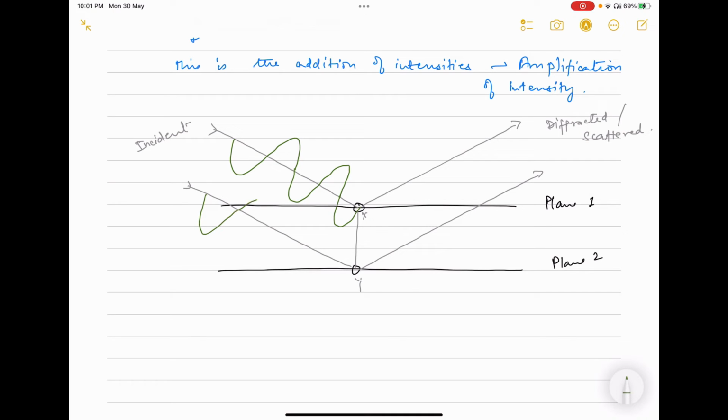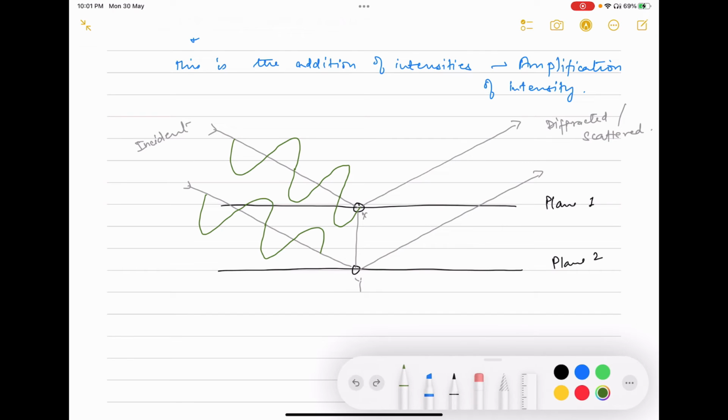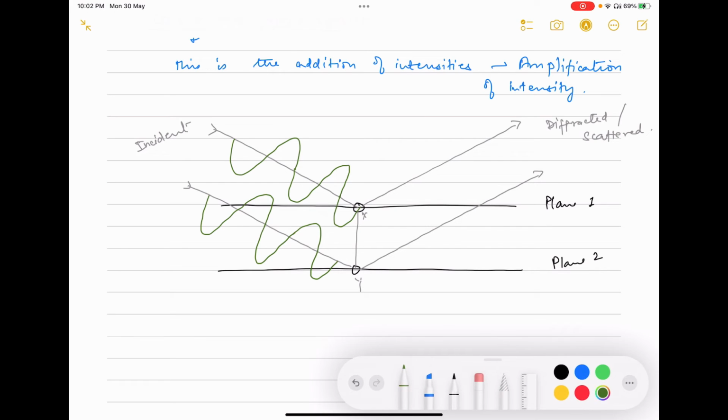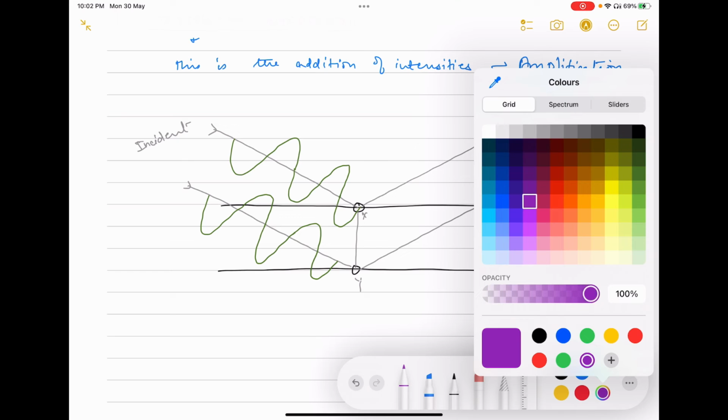Similarly, 1, 2 and half. Let me draw more properly. So this is one wavelength, two wavelength and half. And now on the other end, we get similarly